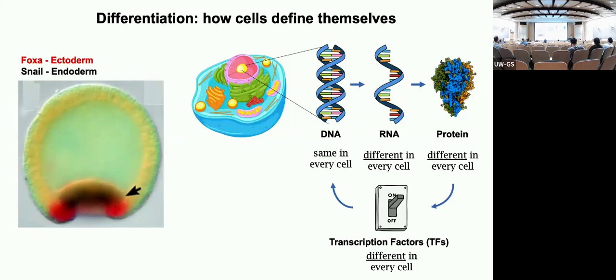Again, this is a Hydra embryo, and we can actually visualize where the RNA is. In black, you can see one molecular switch called snail turning on in the endoderm, and the ectoderm is marked by a different molecular switch. This technique of looking at the RNA in embryos is a bread and butter technique of developmental biology. The details aren't very important, but